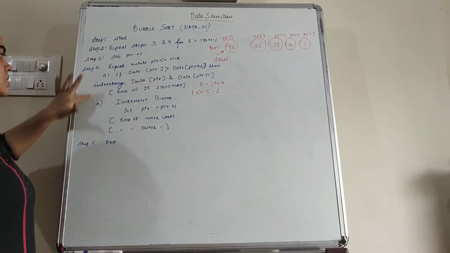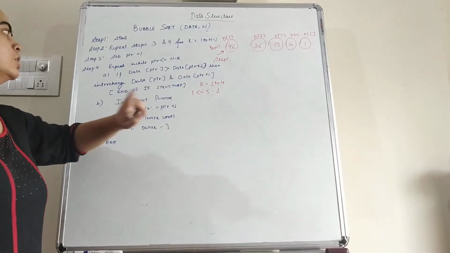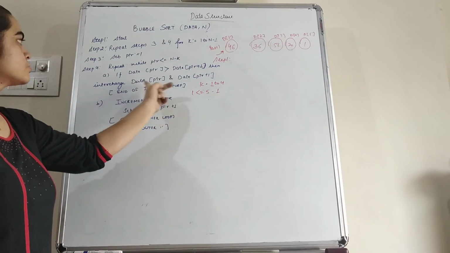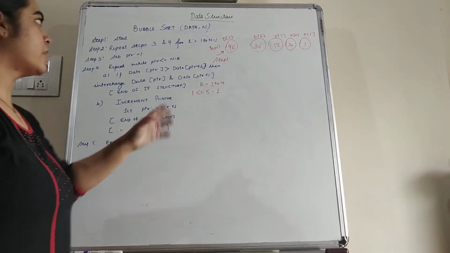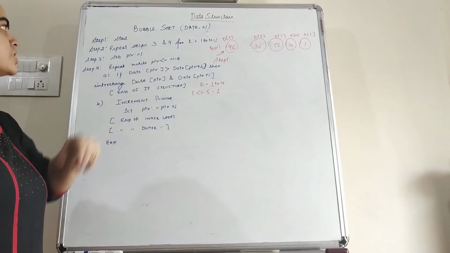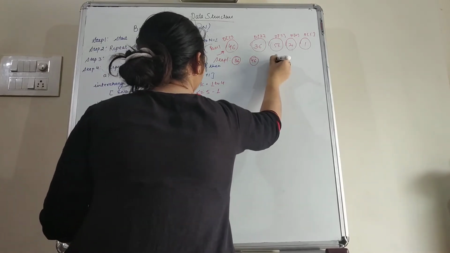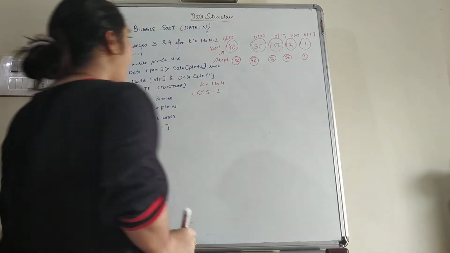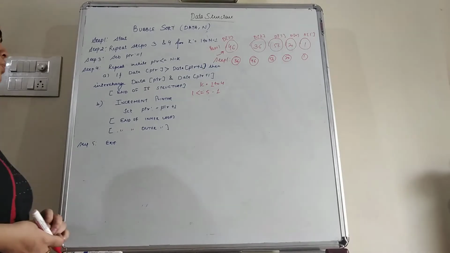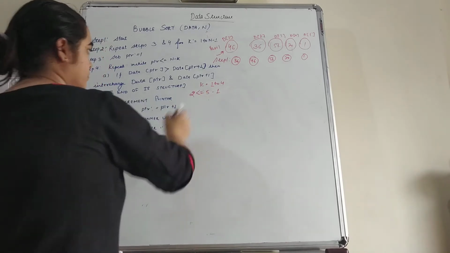Then we can execute these two steps, that is A and B. If data of PTR is greater than data of PTR plus 1. So that means if data of 1 is greater than data of 2, then we can interchange the values of data of 1 and data of 2. So here data of 1 is 46 while data of 2 is 36. So that means this condition is true, then we can interchange the values. So we can write 36, then we can write 46 and other values remain same. After this you can see we can increment the pointer and now we can set the value of pointer is equal to pointer plus 1. So now pointer was initially 1. Now the pointer value is 2.